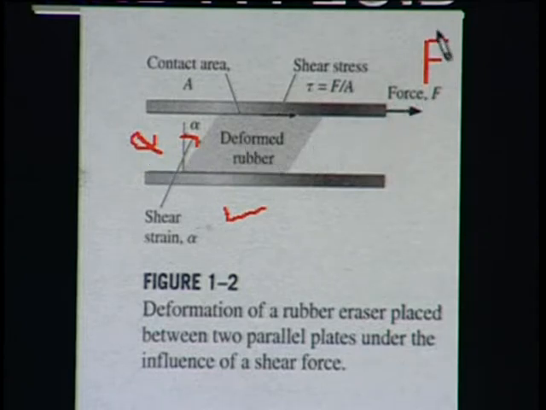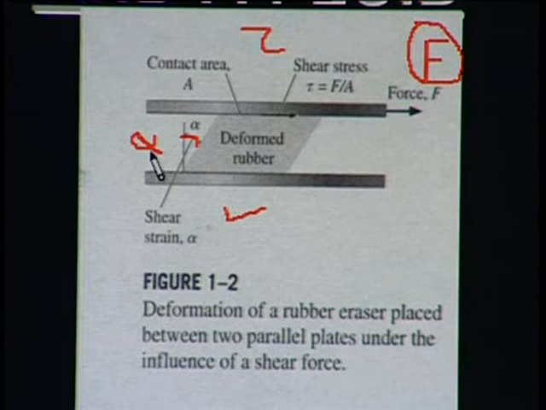So, because of this F, we have a shear stress, force divided by tangential area. This shear stress produces the shear strain, and in mechanics of solid we have studied that shear stress is proportional to shear strain in case of solid, and this shear strain remains fixed over time, whether you observe it after 10 seconds, after 20 seconds, after 30 minutes, this alpha will remain constant and it is independent of time.